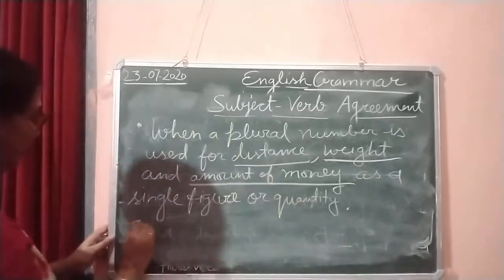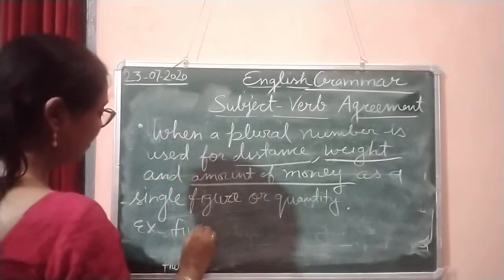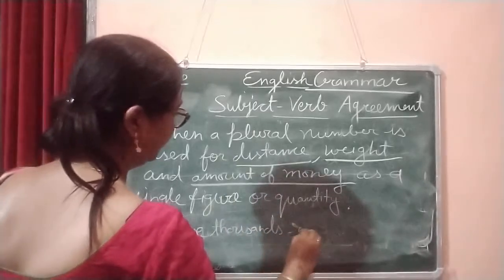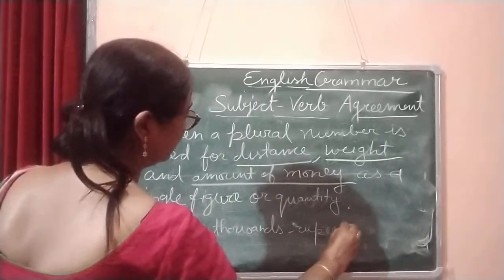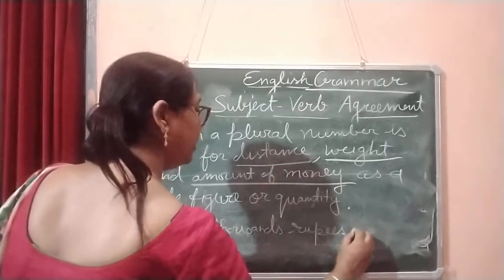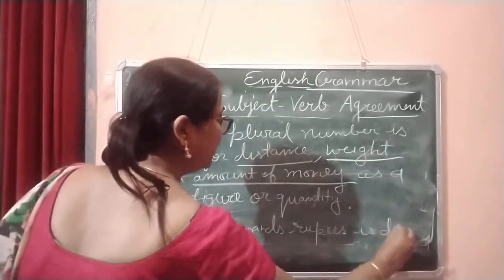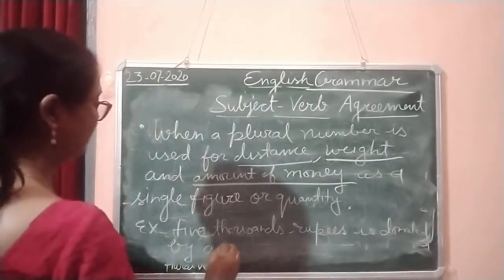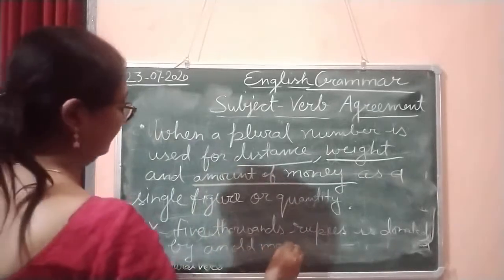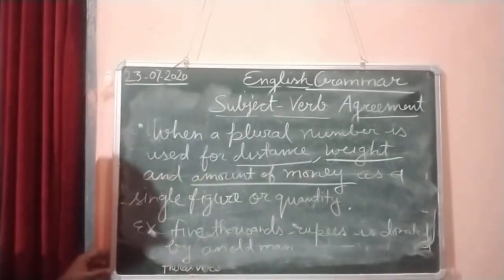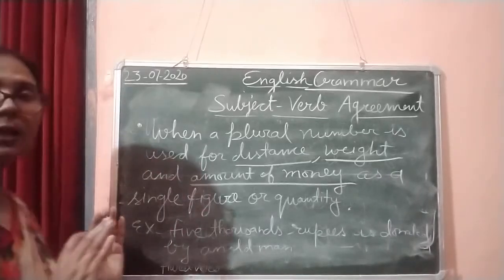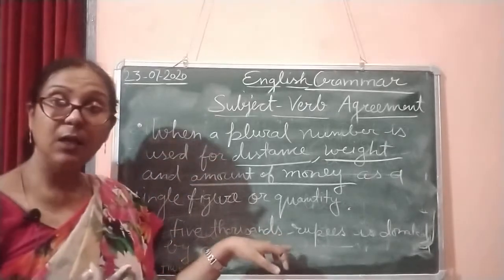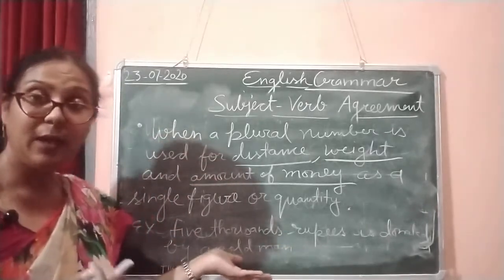For example, I am going to write over here 5,000 rupees is donated by an old man. Now here you can see 5,000 is an amount of money, as you have seen. 5,000, it is plural, as you can see,